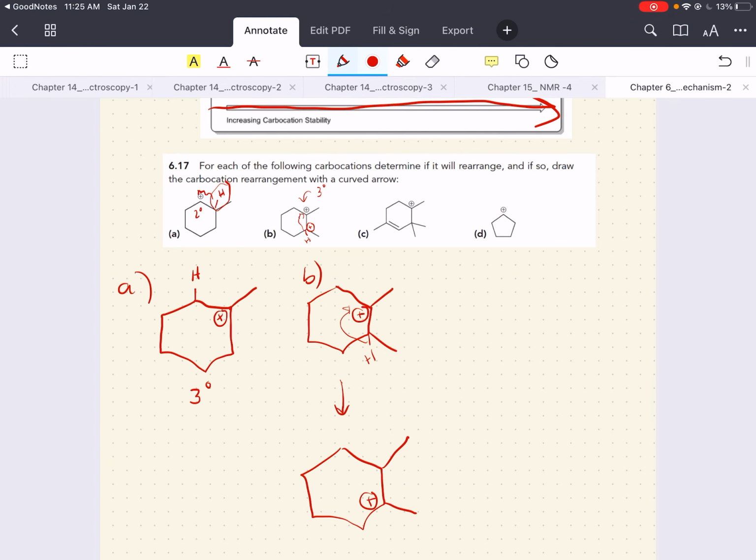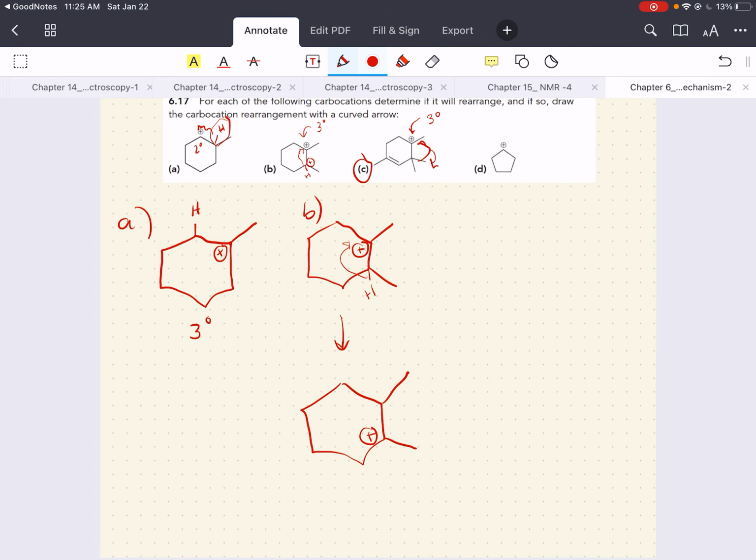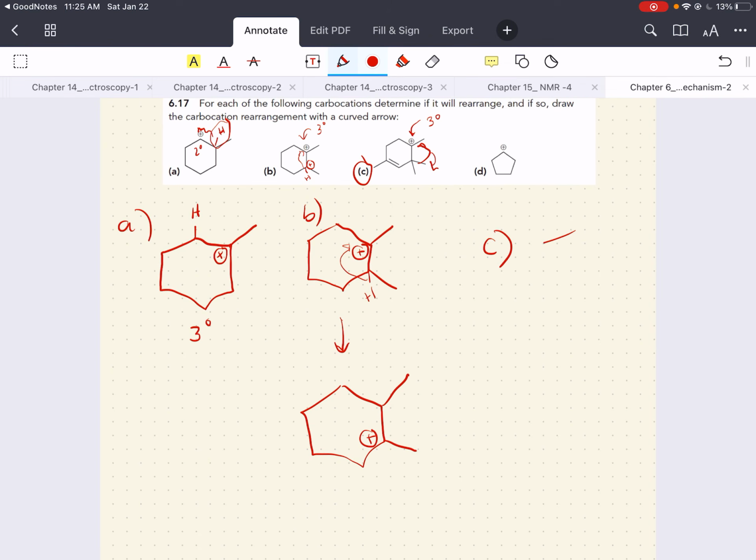Now what about C? C is an interesting case here. Why is it an interesting case? Well, we have a tertiary carbocation already. That is very stable. But we have some methyl groups nearby. And if we were curious to move them over, if we were curious to move, ooh, that's an ugly drawing. If we were curious to move a methyl group over here, and then have our tertiary carbocation at